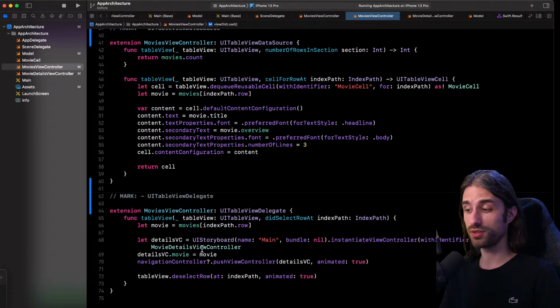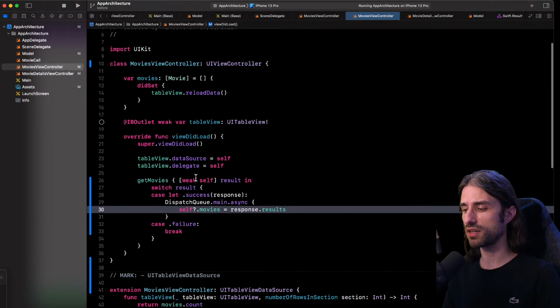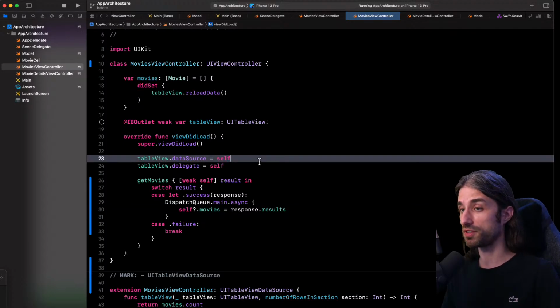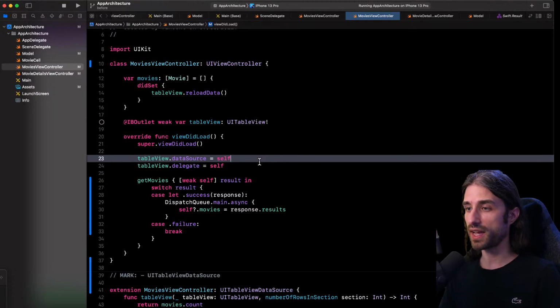And what I'm going to want to do over this live is, for the view controller, only keep the first responsibility, so managing the UI, because that's the very purpose of a UI view controller. But for the two other responsibilities, knowing how to get and format and parse and prepare the data, I would like to put it in a type of its own, which is going to be the view model. And for the navigation part, it will be in the view controller, but we're going to do it a little bit later in this live. So let's start with the view model.